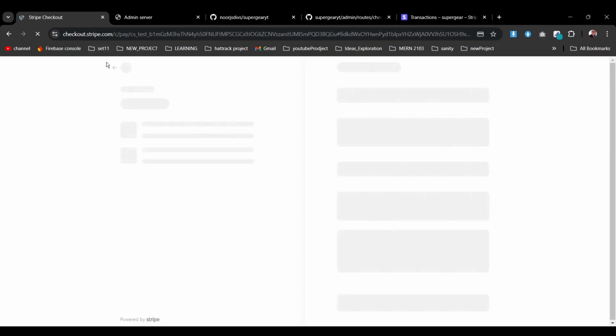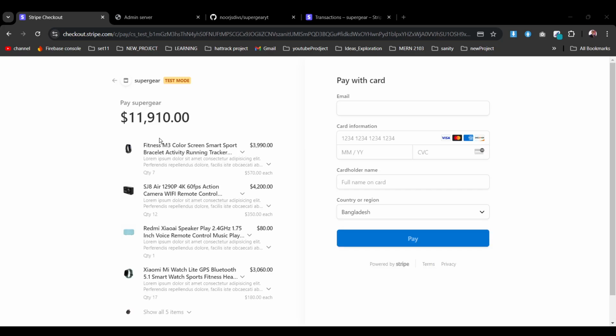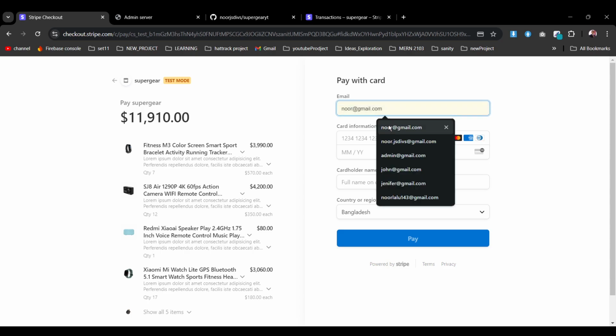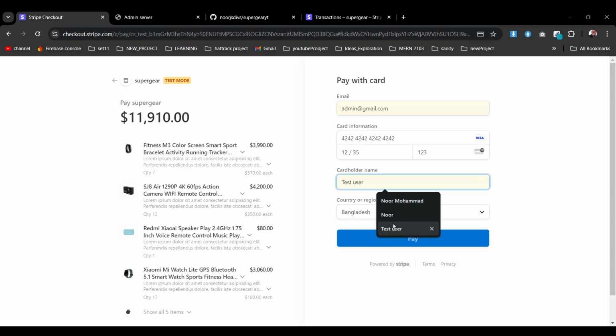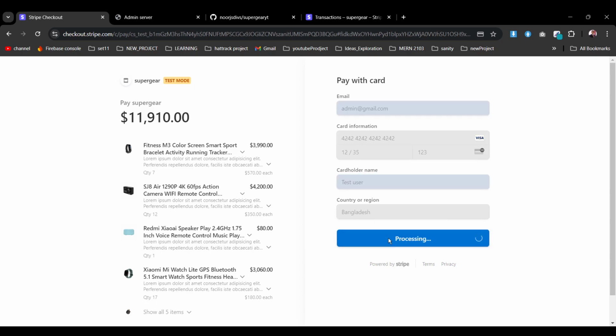Okay, still loading, and sometimes it will be a bit annoying to get that loading. Don't worry about that. Whenever you are in development mode, it will cause that. Okay, we're getting 11,910. I'm going to go with my separate admin email, and it will be the same 4242 and 35123. Provide a name, test user, try. So 11,910 should be